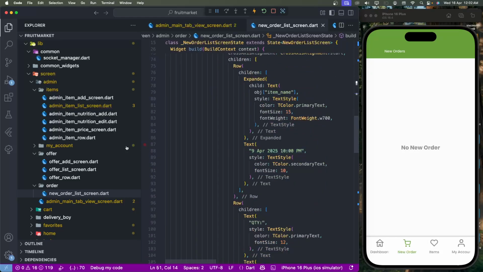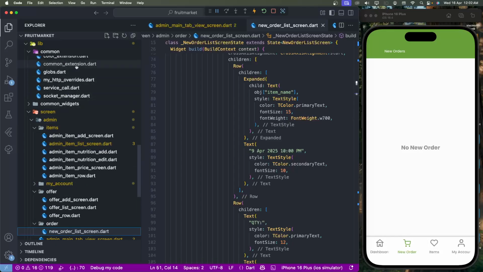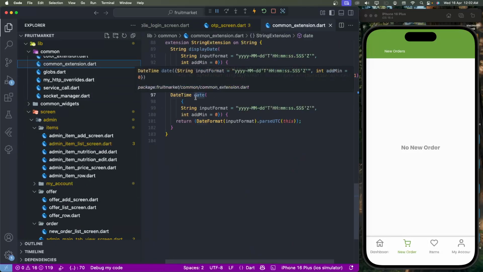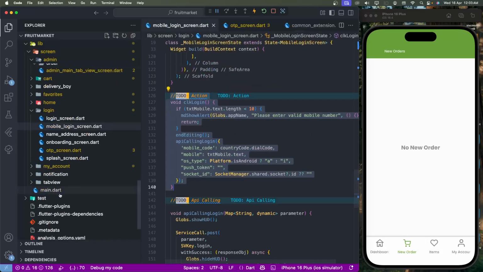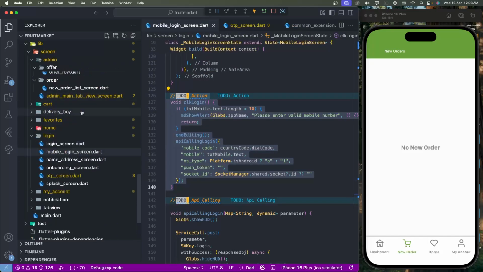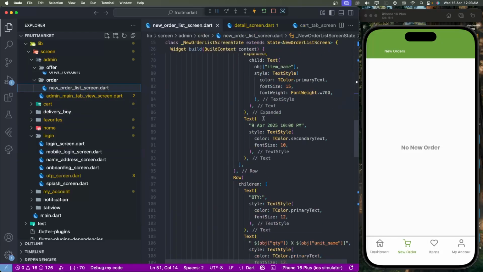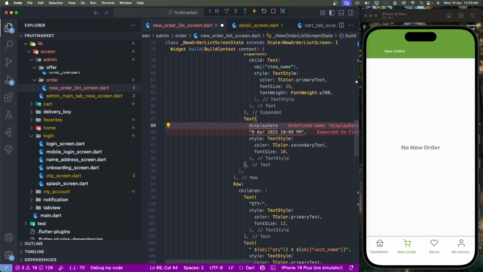Now we need to set the times. Need to go to any extensions. Need to use this managing, get the display times. So need to call here the display date. Need to go to the new order list and some formats need to show here. Need to call this